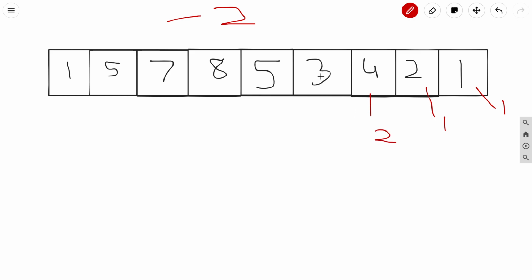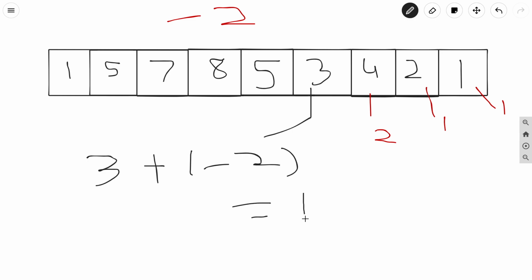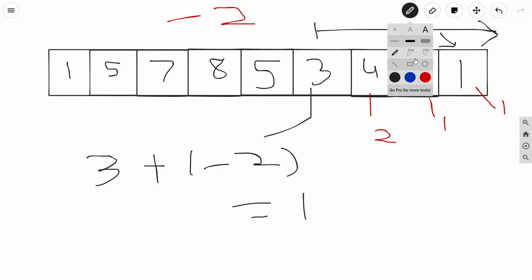Again moving in reverse manner, we will reach the index which is having this element 3. We will check for 3 plus d. So 3 plus minus 2, so it is nothing but 1. So we will check whether there is any 1 or not. So yeah, after this index we can have this element 1 here. So we can push this 3 in the arithmetic progression which has been started from 1. You can see that the arithmetic progression which was started from 1 was 1 itself. So we can push 3 in this arithmetic sequence.